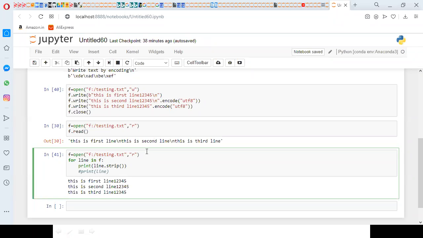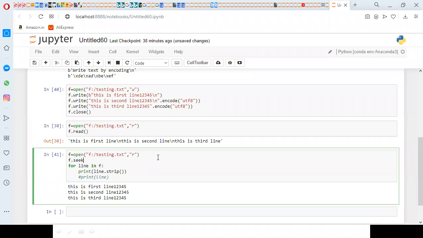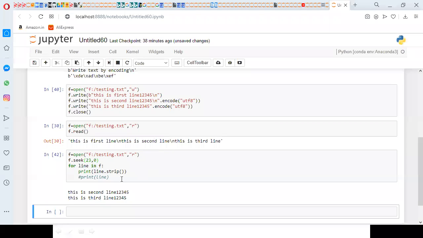Simply what we'll do is f.seek(23, 0). 23 means the file pointer will move to byte 23. 0 indicates that from the starting position I am calculating 23. I just execute it. When I observe, this is the second line, but I got one empty line. Why?